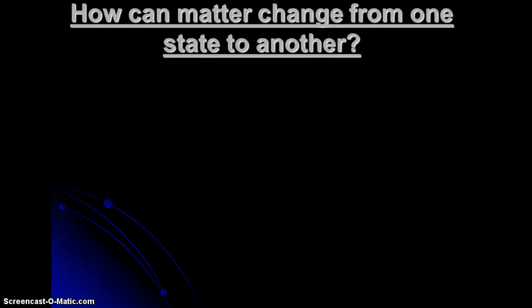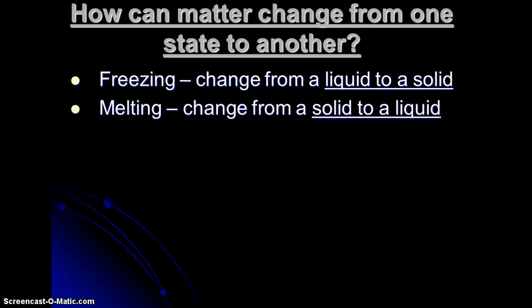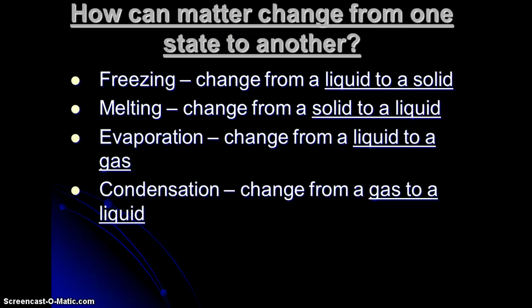How can matter change from one state to another? Freezing is going from a liquid to a solid, melting from a solid to a liquid, and evaporation from a liquid to a gas. Condensation is changing from a gas into a liquid,